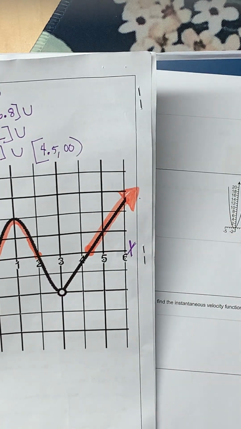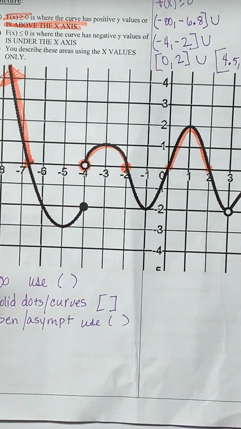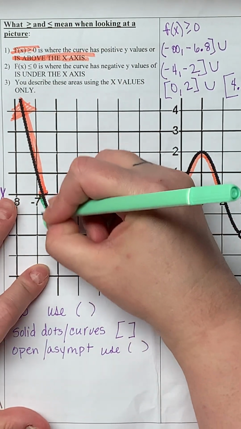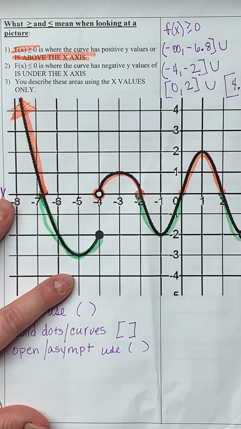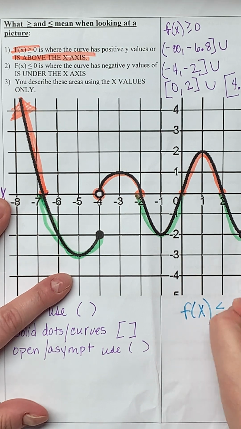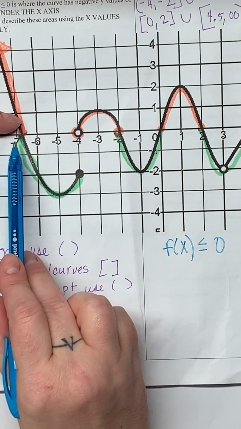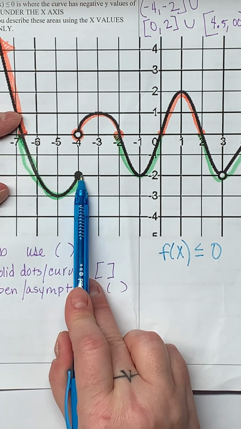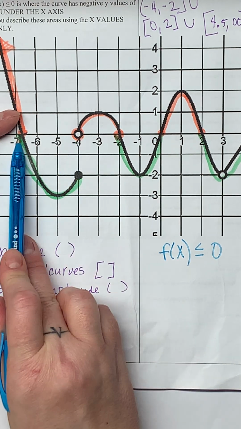Okay, now to do the opposite, we just do the opposite. So f of x less than or equal to 0 looks at the stuff below the x-axis. So let's describe f of x less than or equal to 0 for below the x-axis from left to right. So right here it's like -7 to what's the x value right here? Not -2, -4. So from -7